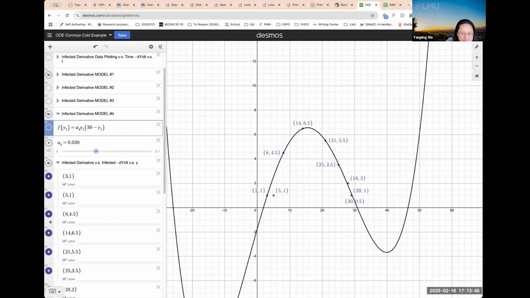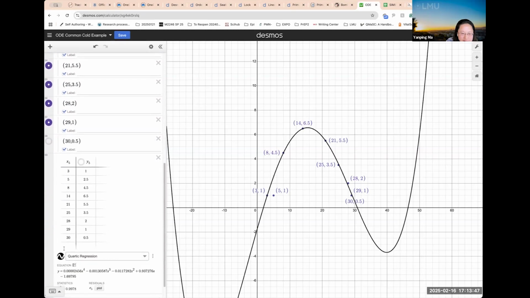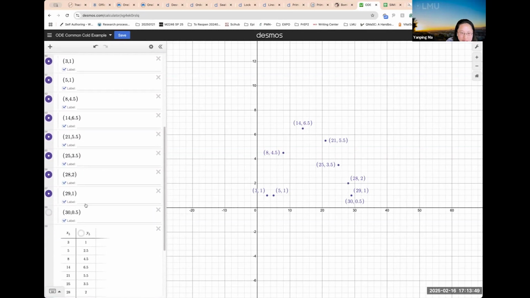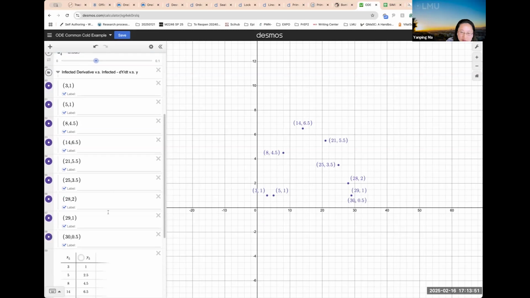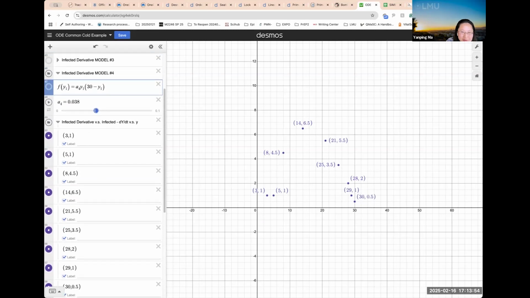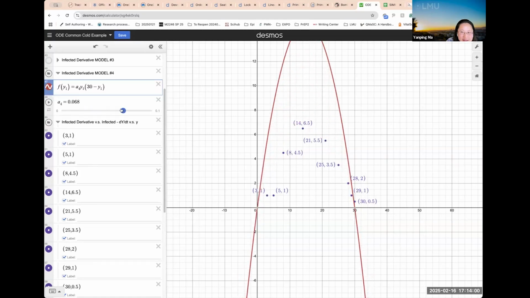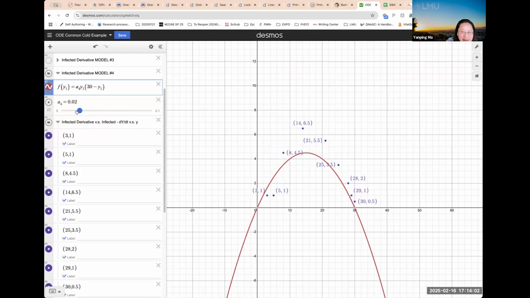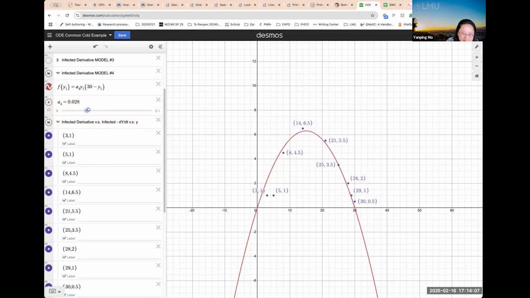So let me hide the automatically generated curve, right? One thing we can do if we were to ask our students to play around with this a little bit is ask them to plot the data and then use the slider to adjust the expressions, the parameters we have here.